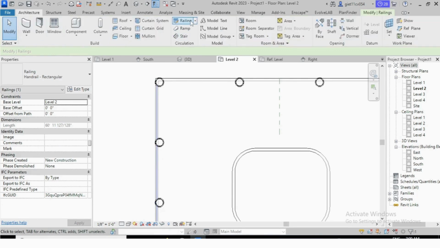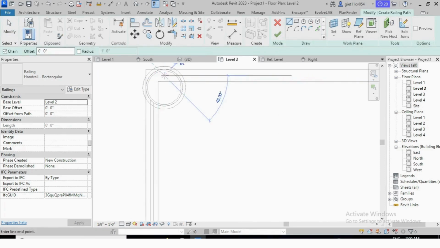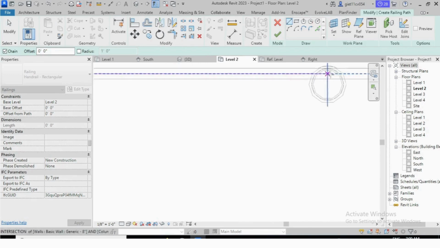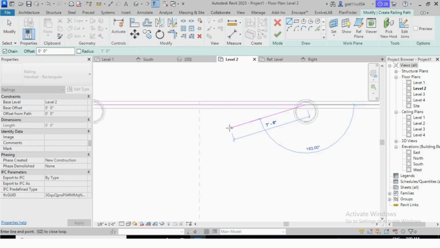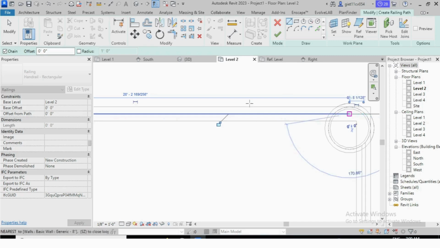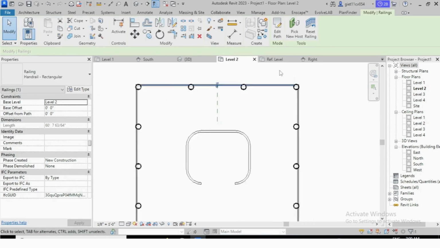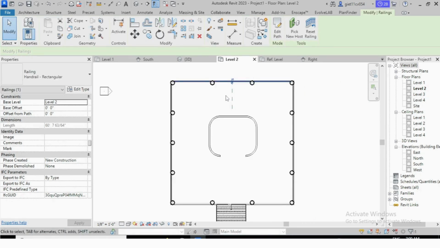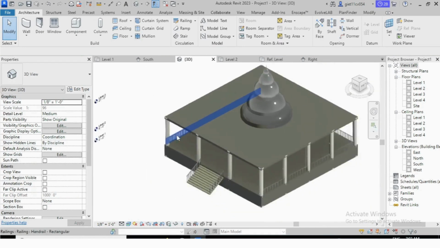Just go in Architecture, select railing, and from here just place the railing. Finish it. Go in 3D. Now you can see this side also railing has been placed, and this side.